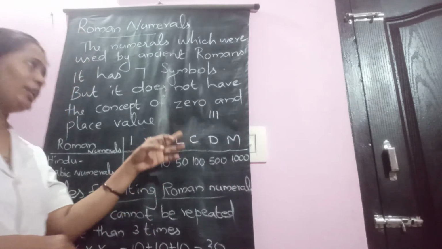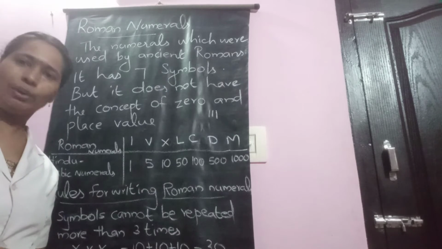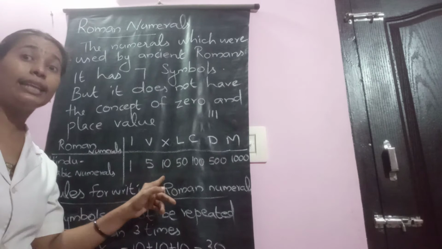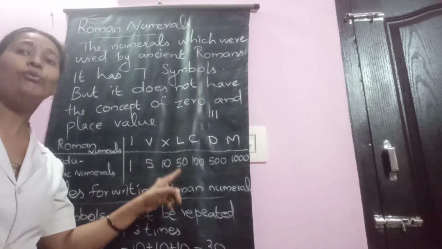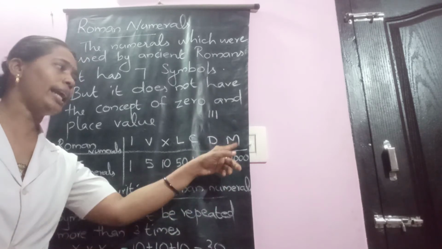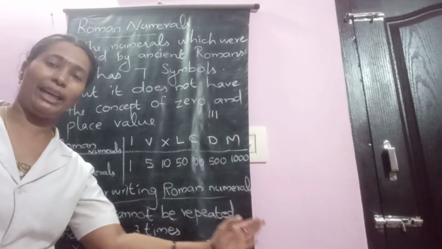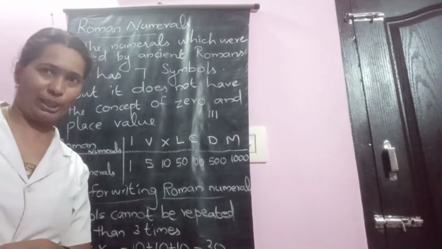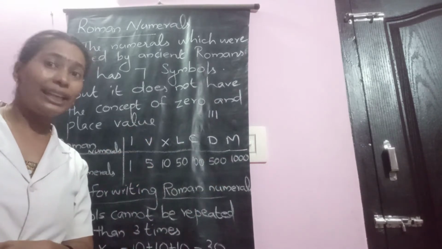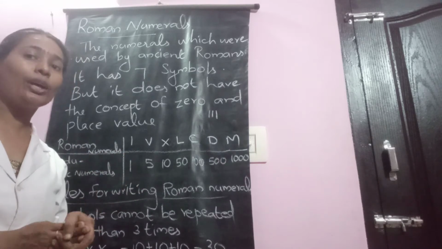No, because in order to write some numbers, we are following some rules. So let us study later. V is 5. X how much? 10. L is 50. C is 100. D is 500. M is 1000. And one thing is easy: we don't need to write number names, expanded form and all. It's not required, because we need to write only some symbols. So writing is easy in the case of Roman numerals. But you should know the base. Without knowing the base, we can't write.